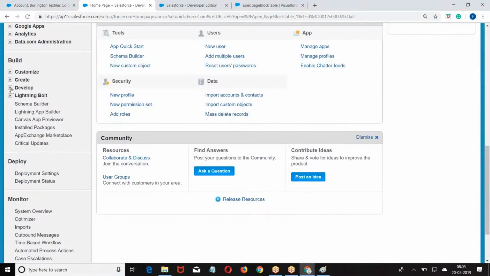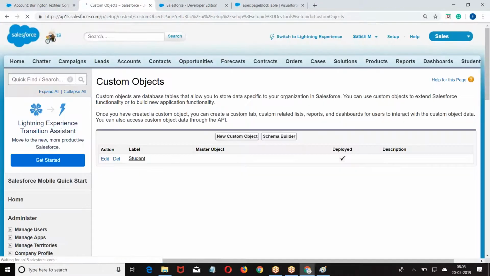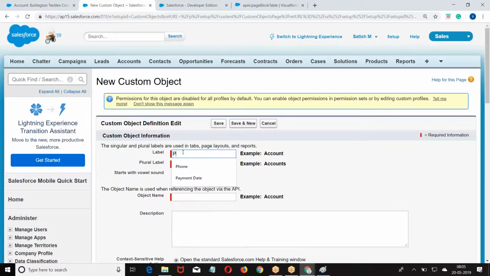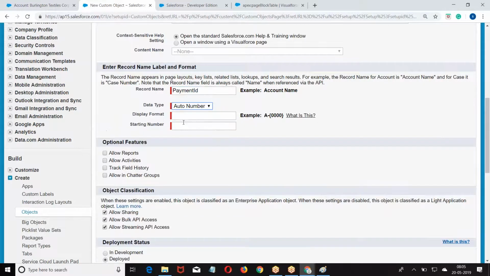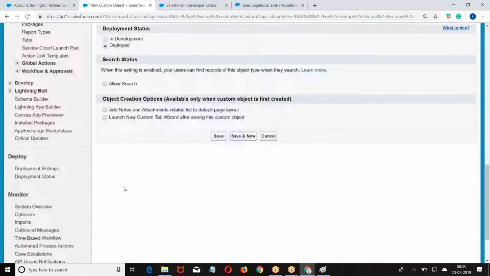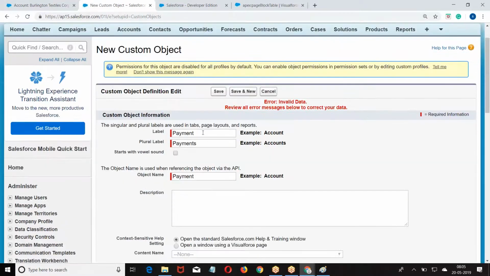Similarly, we have some custom objects. Student, now who is trying to create this relation?